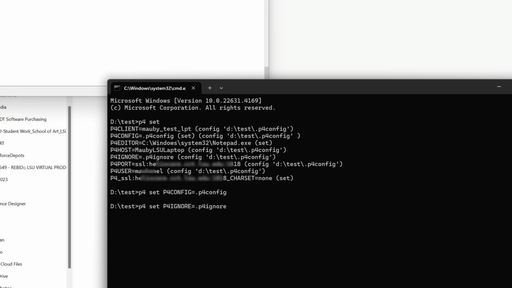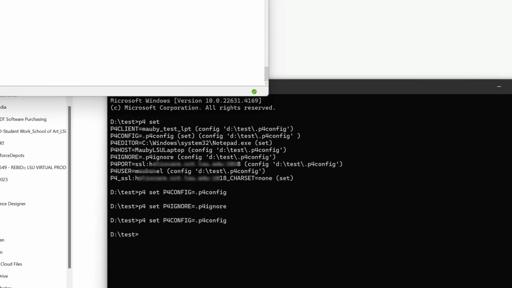So I also put in the script that you've got a P4 ignore file, which we name .p4ignore, which is one of the naming conventions. I've seen Perforce recommend using .p4ignore or p4ignore.txt. I tend to use the hidden file format, just so that people who don't need to see it don't have to see it. And if you look at our P4 config